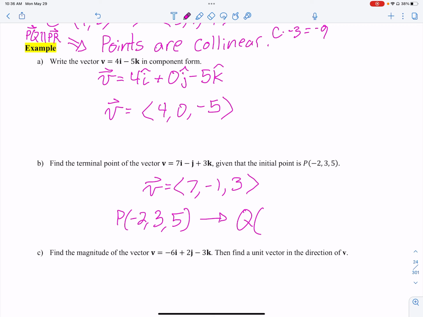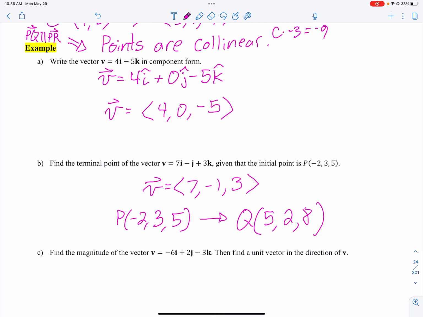So if I start at negative 2, the vector says to move 7 in the x direction. So this Q is a 5 in the x. I started at 3 and it says to move down 1. So this is a 2. And then I started at 5 and the vector says to move 3 in the z direction. So that is an 8. So there's Q. I like these problems because it really does show me if you understand what a vector is